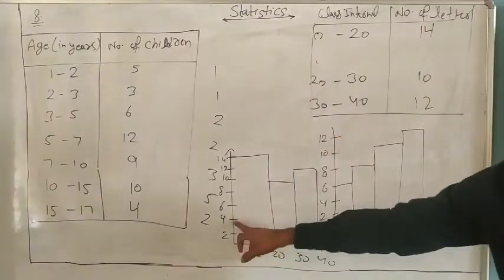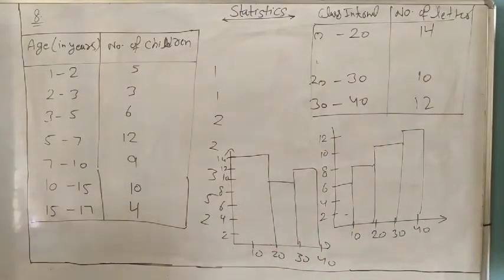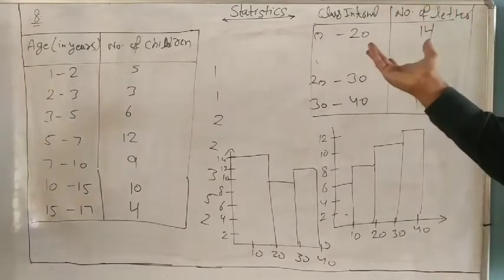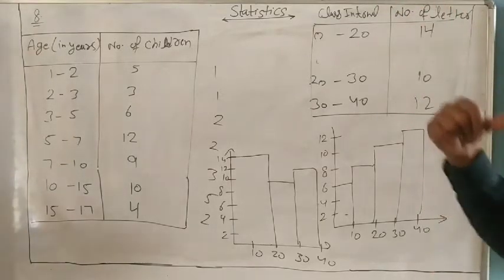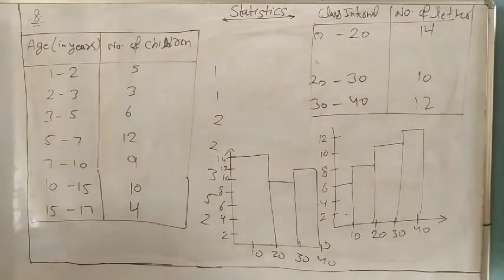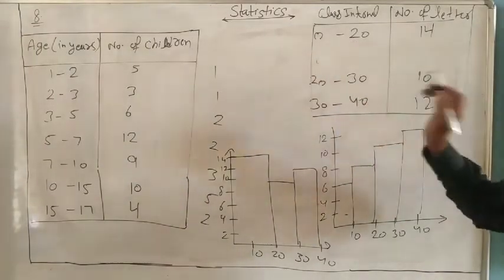But here is not. So now we will do the proportion. What is the proportion? Proportion means, suppose the cost of 2 pens is 4 rupees. So in proportion, the cost of 1 pen is 2 rupees, and the cost of 4 pens is 4 into 2, 8. So if the number of pens is increased, the rate is also increased. So same as it is, we will do it in proportion.